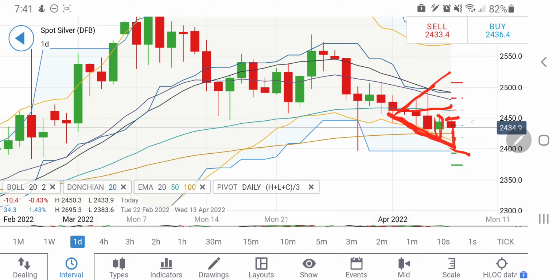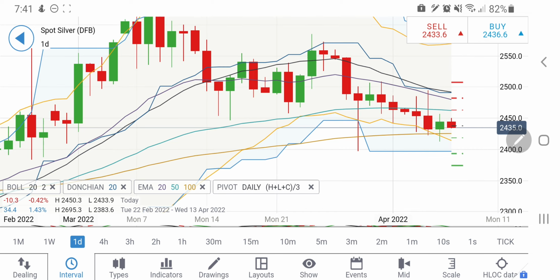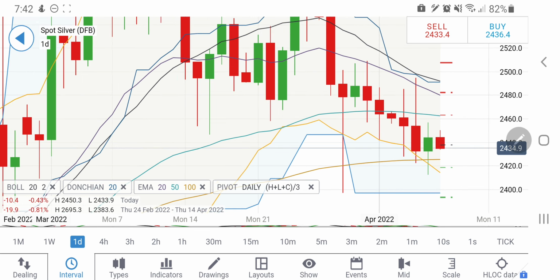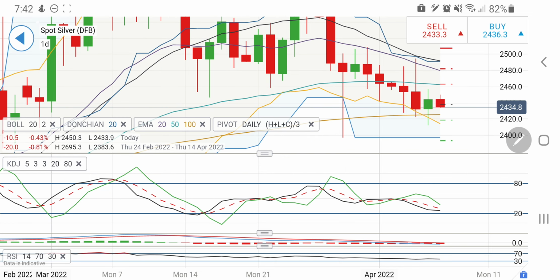It is good to go long above 2450, where you can expect the next targets are 2465 and 2480. In fact, this is the strong resistance at the 2460 to 2465 zone, which may provide very strong resistance, and then 2480 should come into the picture. So if you see it trading above 2450, yes, you can go long there and expect it to give a strong rise towards 2480 levels.